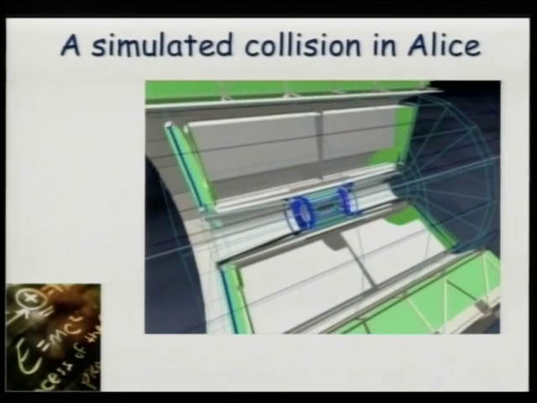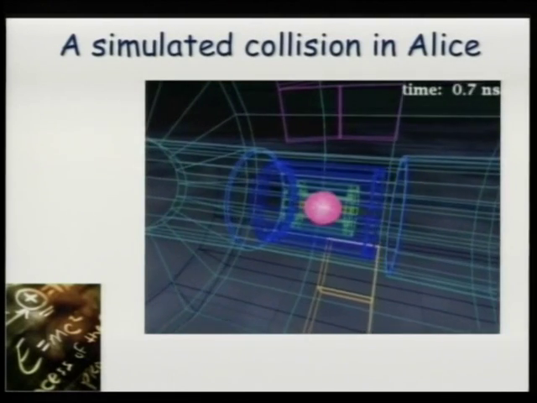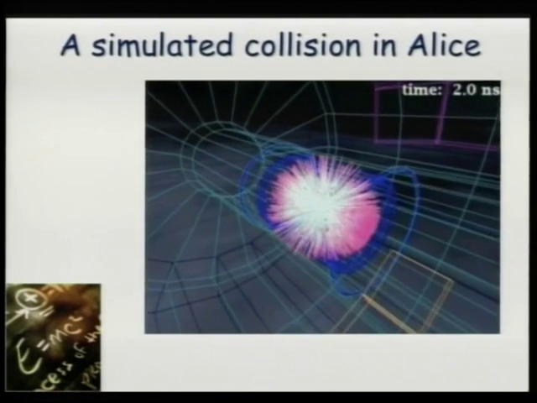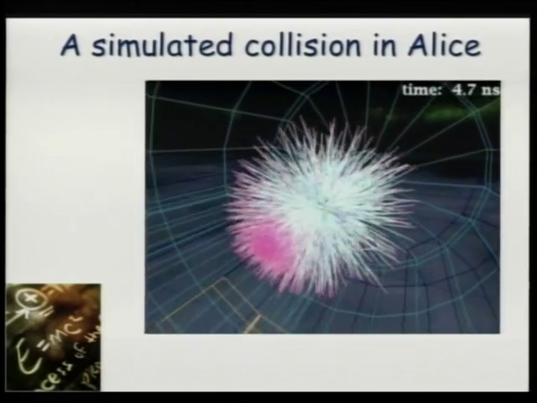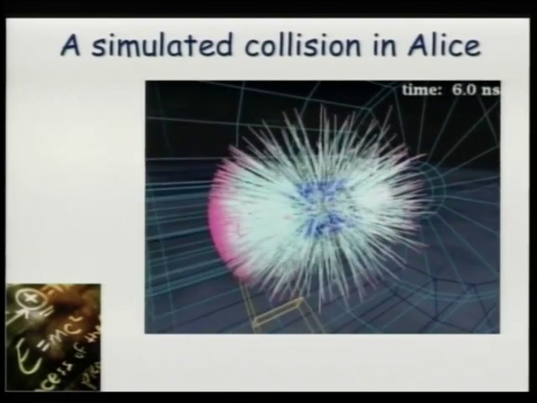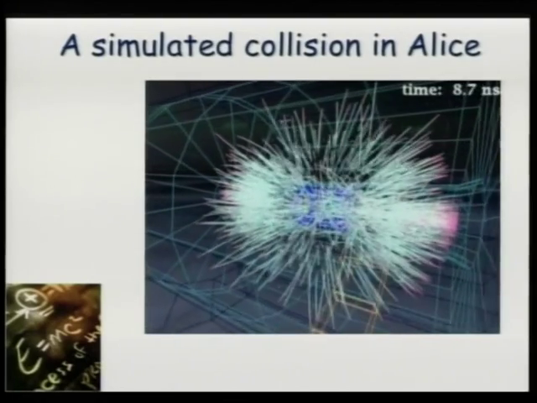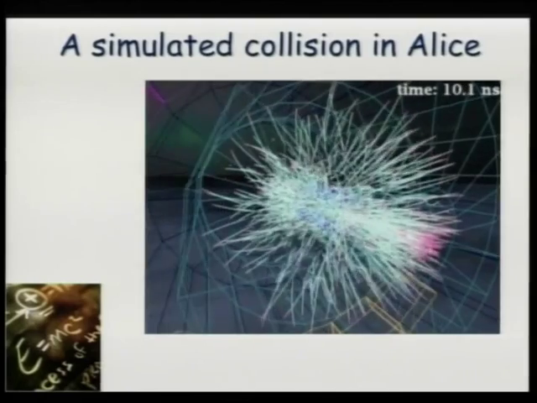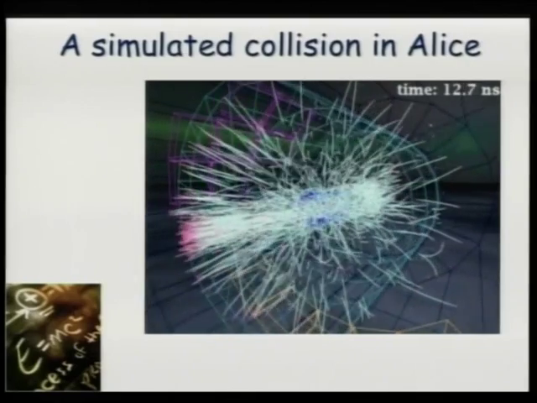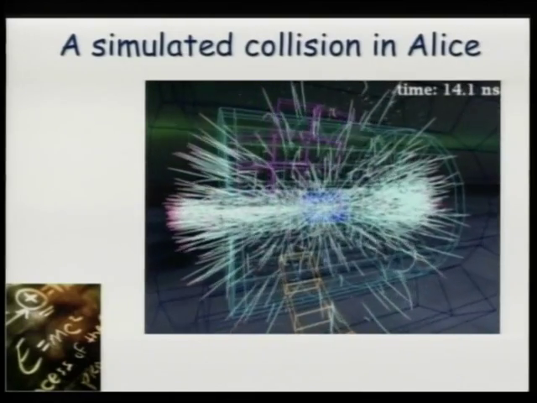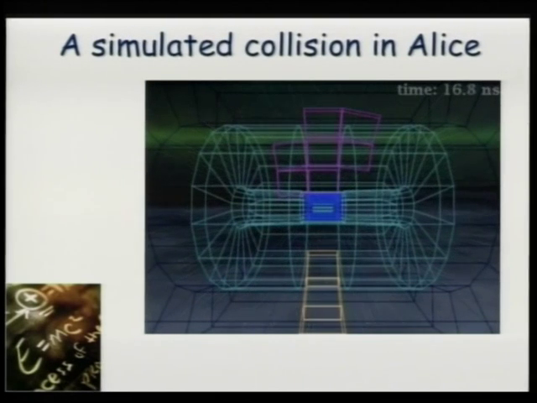You see the bunches of particles that are traveling here, coming, and they interact in the center. Here, you see the nanoseconds passing, and all these lines are the new particles produced, traveling into the detector. After a few nanoseconds, they will be detected, and after 25 nanoseconds, we are ready to take the other bunch, the other collisions coming from the LHC. And this is continuous, during the day, during the night, during the holidays. It's continuously collecting data.